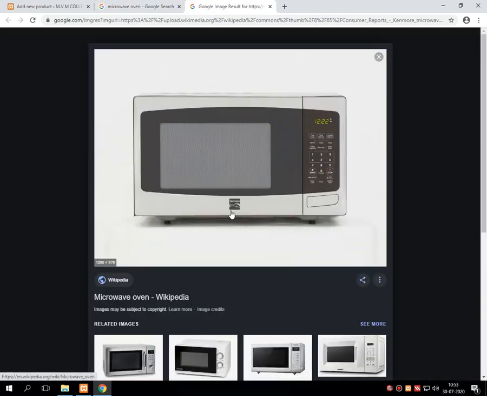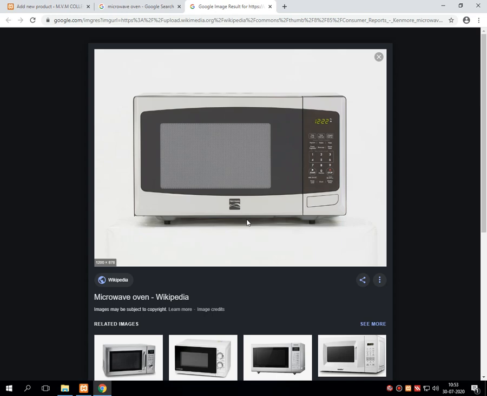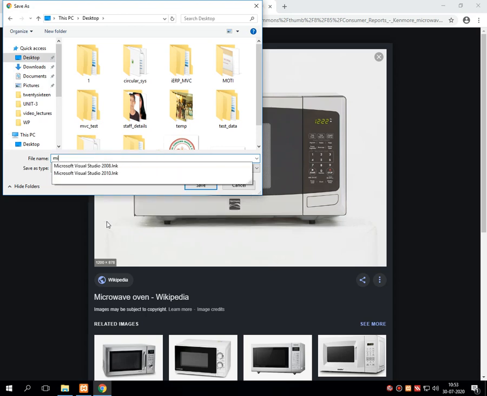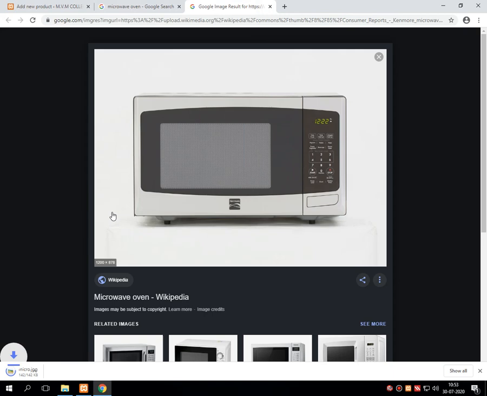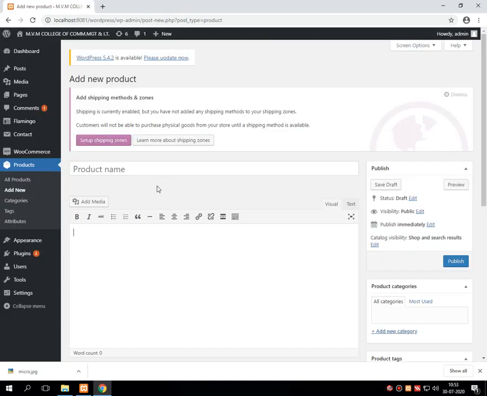Let's see the image. I am downloading this particular image first on my desktop and saving this image as micro simple. Once it is done, I'm closing everything.